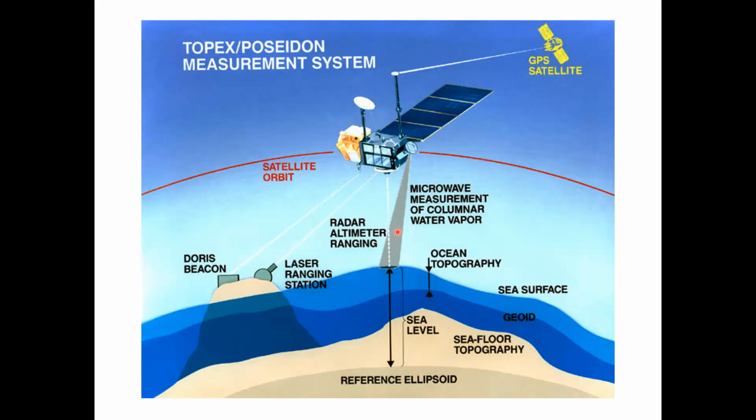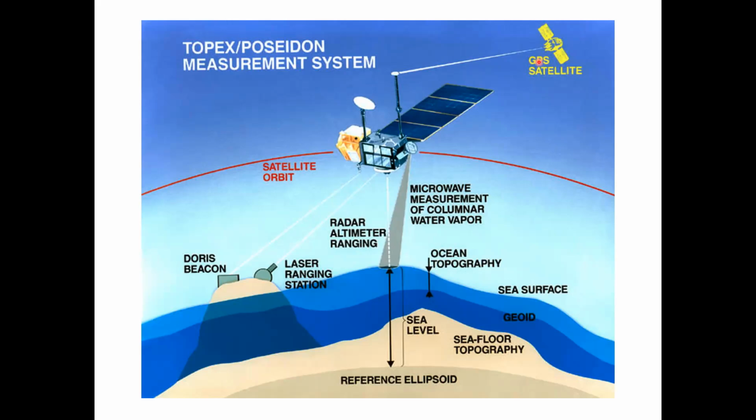But these precise measurements have little meaning if we don't associate to them a precise determination of the orbit of the satellite. All right? And this is why Topex Poseidon is using a GPS antenna, because through GPS we can position the satellite fairly well. It's not the only way, because other systems are used, the DORIS system, which is based on Doppler measurements, and